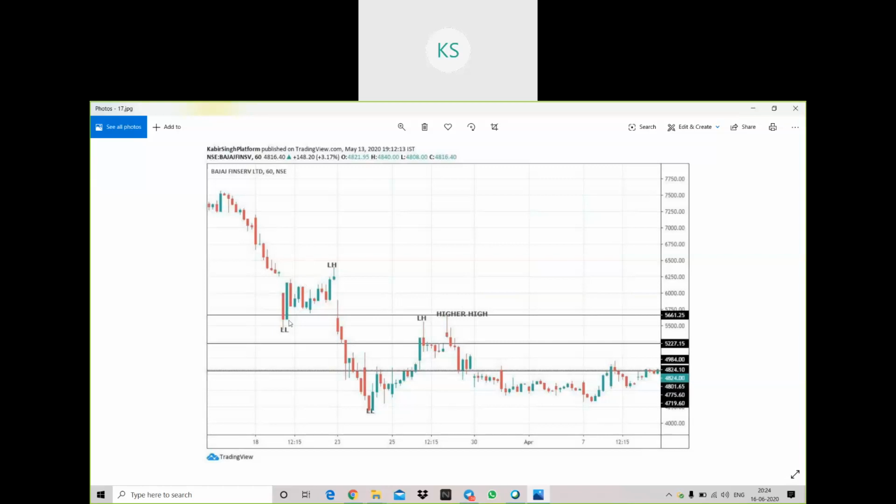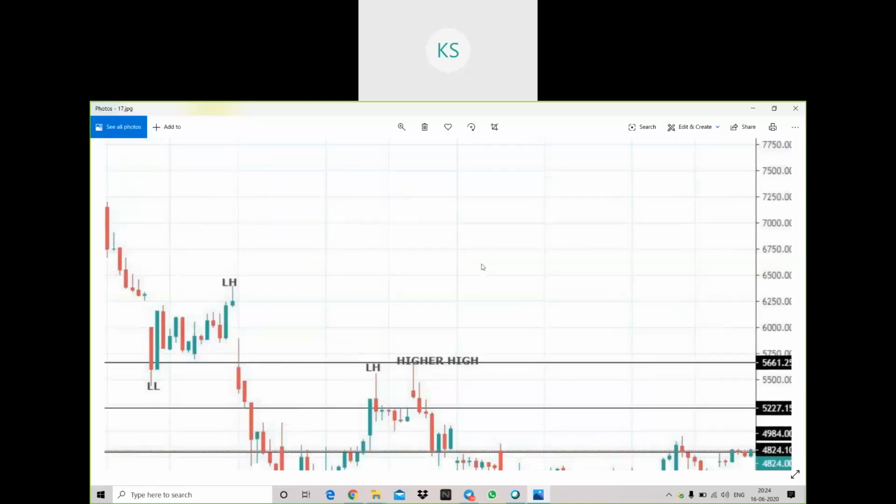So if you have entered somewhere when this low is broken, here will be your entry, and you will see that the stock has made a lower low here, then it went into pullback. When this kind of scenario happens, you will exit from this. That is the logic behind this. I hope it has been clear till now.